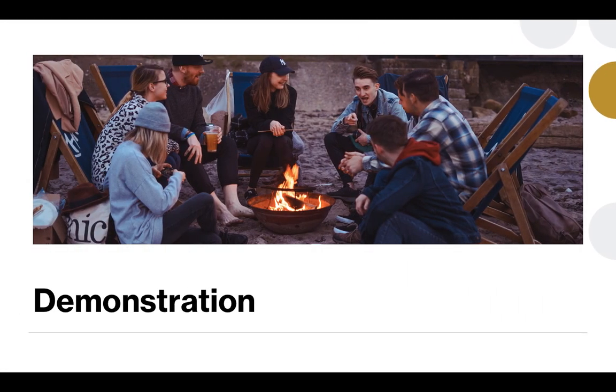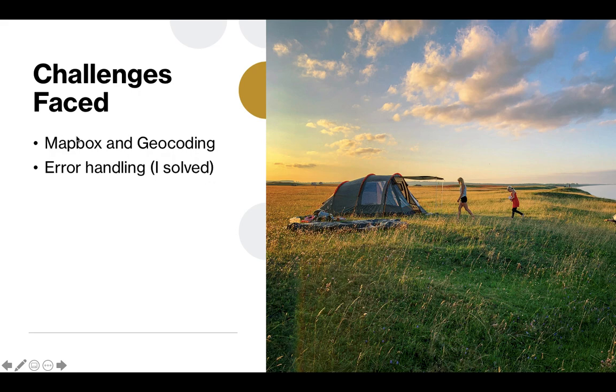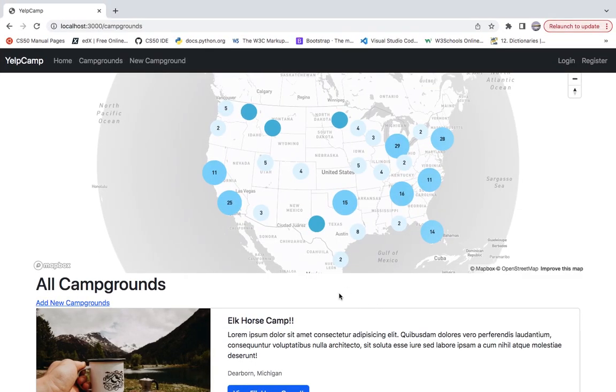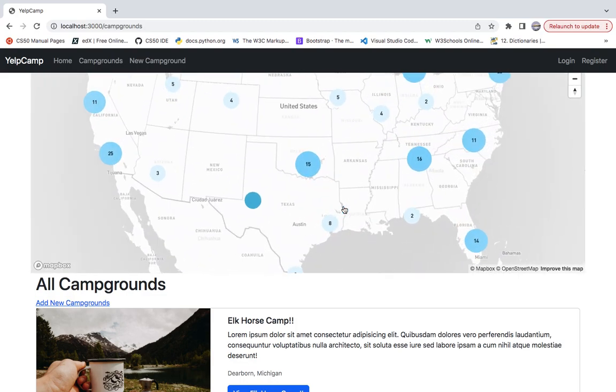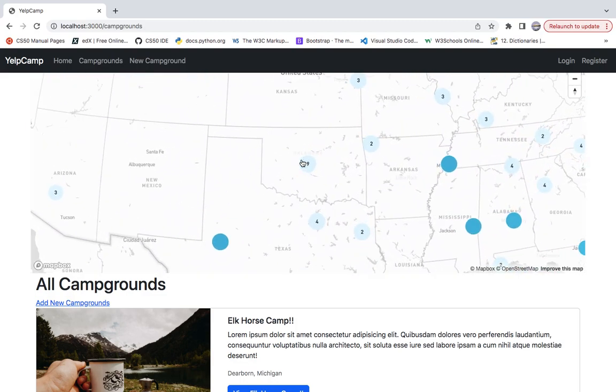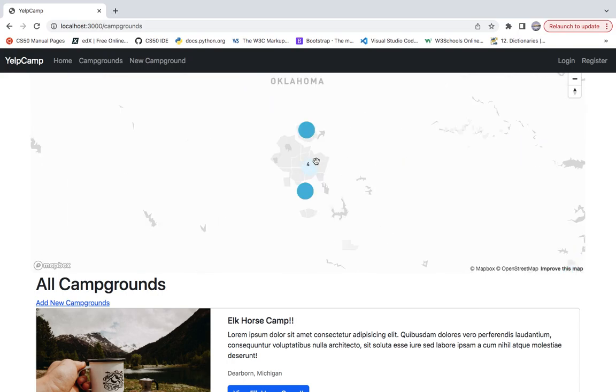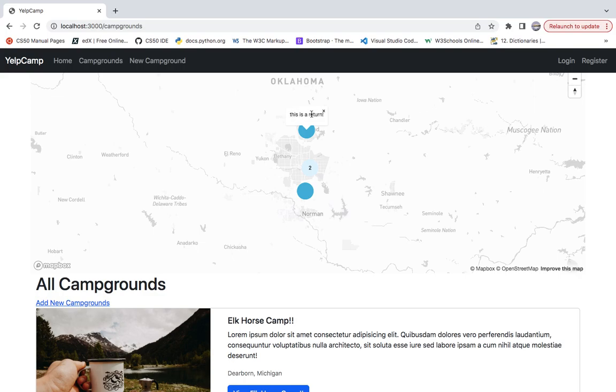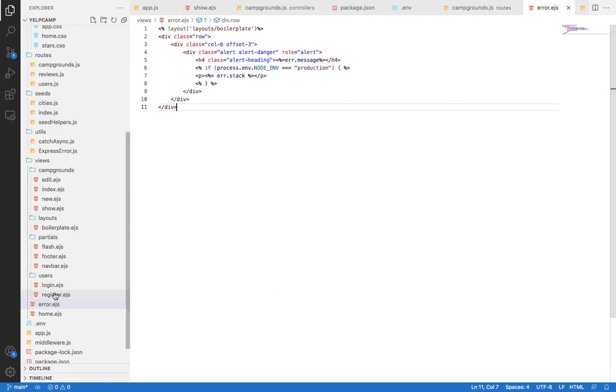That's it. And for the challenging part, there's the challenge I mentioned before, like the map. Technically, if you click each location, it will narrow down to each one, like this one, right? When you click it, it's supposed to link to the campground location, like the show page. But for me, I couldn't put it on, and I can't know why, because my code for my